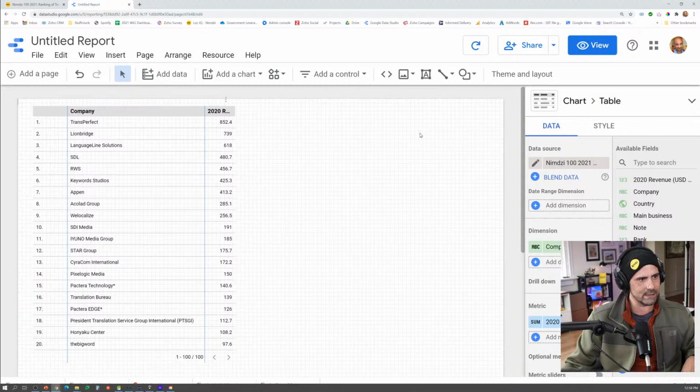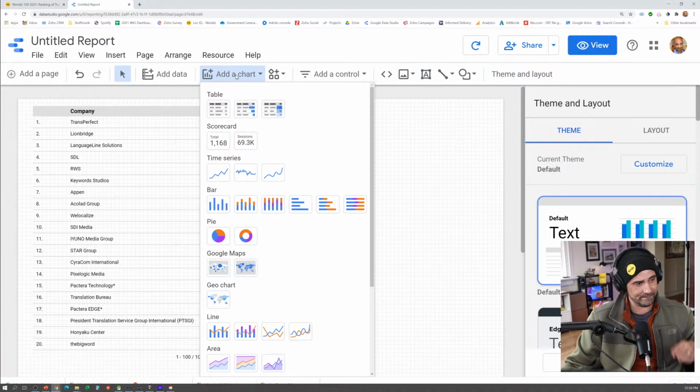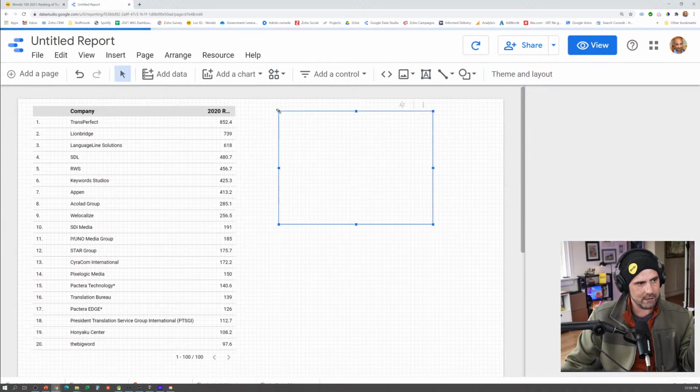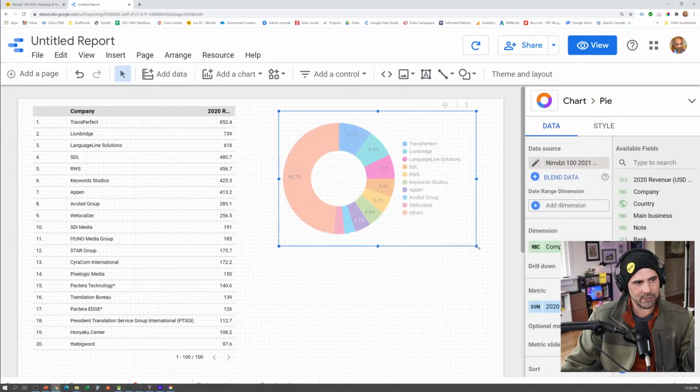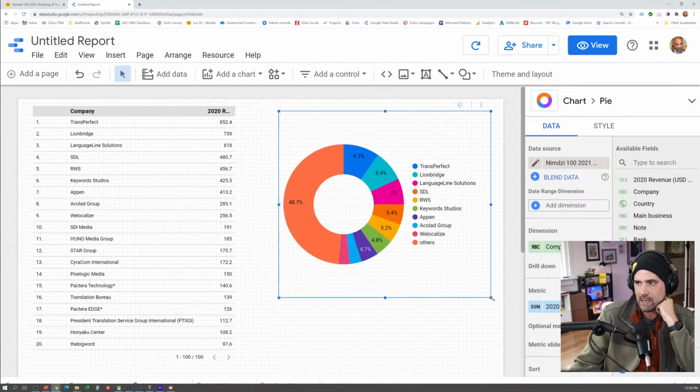So let's make a chart. Now, maybe I want to make a pie chart. I'm just going to make, I don't know, donut charts are way better than pie charts. So I'm going to make a donut chart, the exact same thing, frankly. And I don't even know what I want to make yet. However,